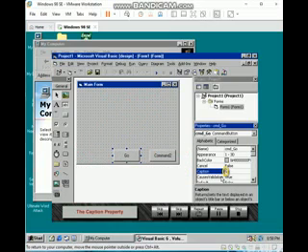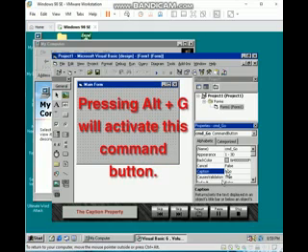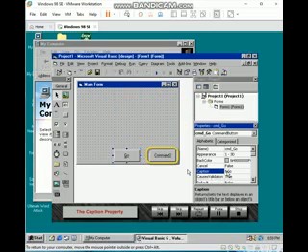We place our cursor in front of the capital G in the Go button's caption and type the ampersand symbol. We now see the G in Go on our button is underlined. When we run our program, pressing Alt plus G will mirror the effect of the button being pressed with the mouse. Let's click our second command button,